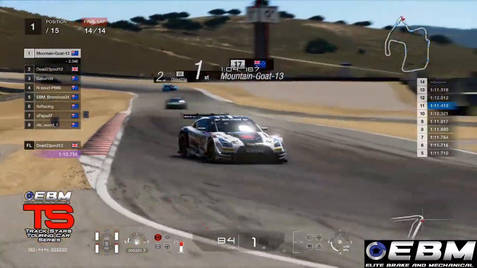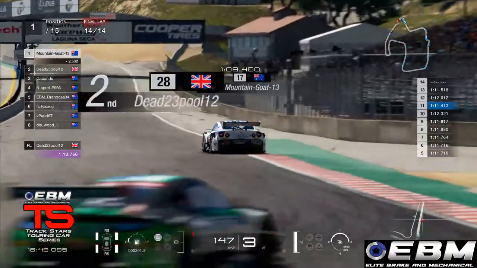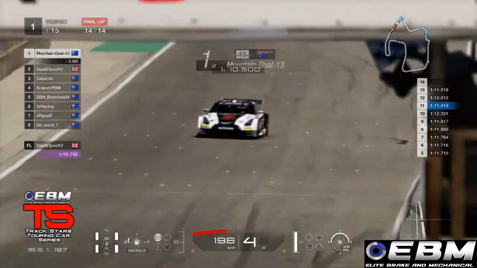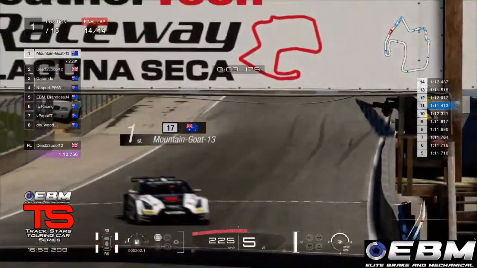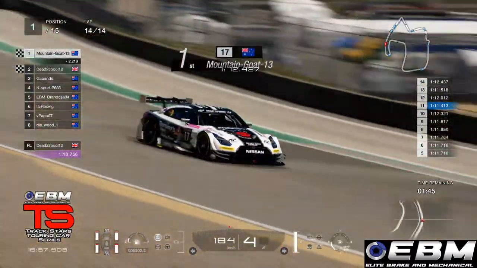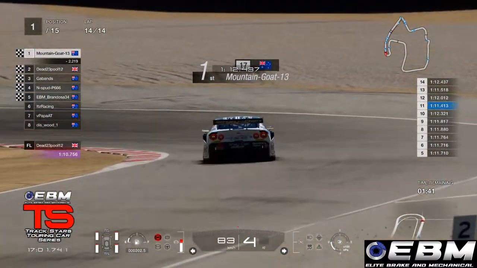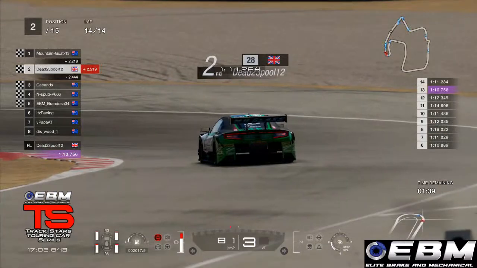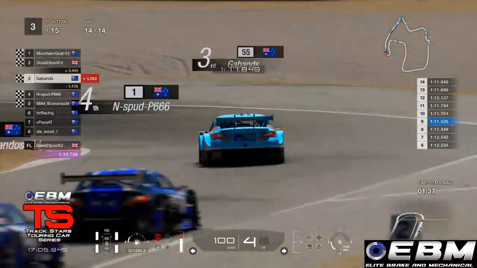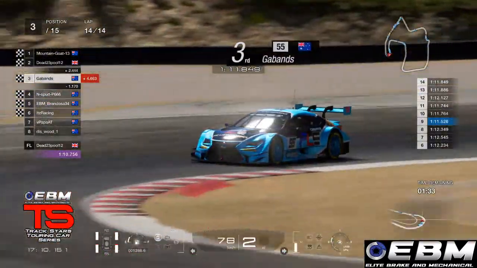Just into the last corner, onto the power. And we can now say it, Mountain Goat is going to take the win here at Laguna Seca. Great performance for the Shaden Racing Team, for Mountain Goat 13. Great driving by the Nissan GTR driver. Deadpool recovering to 2nd place after his slight error there cost him the win and the lead at that point